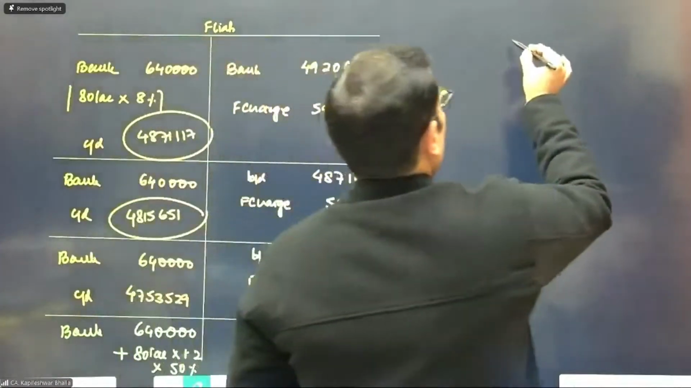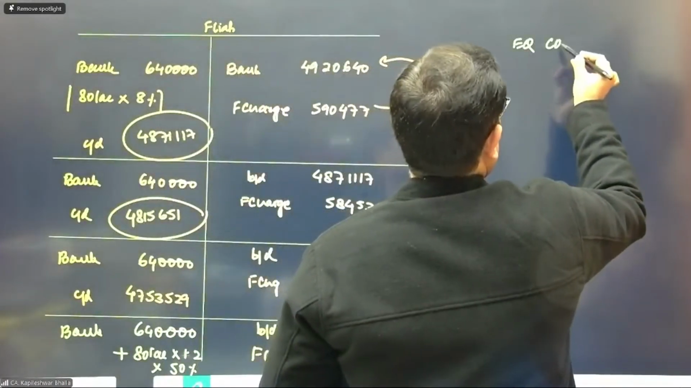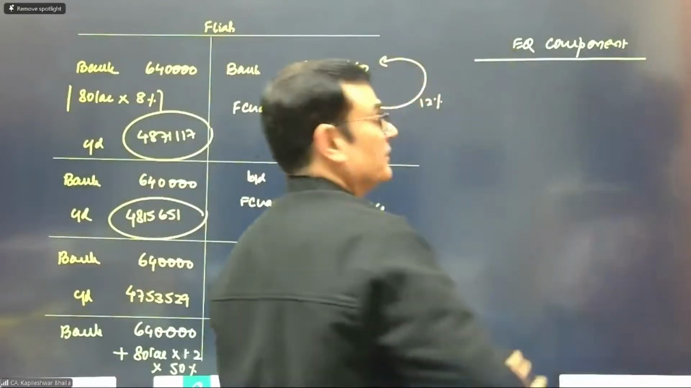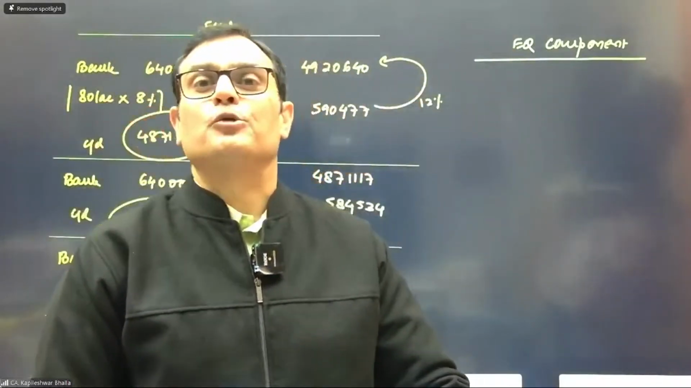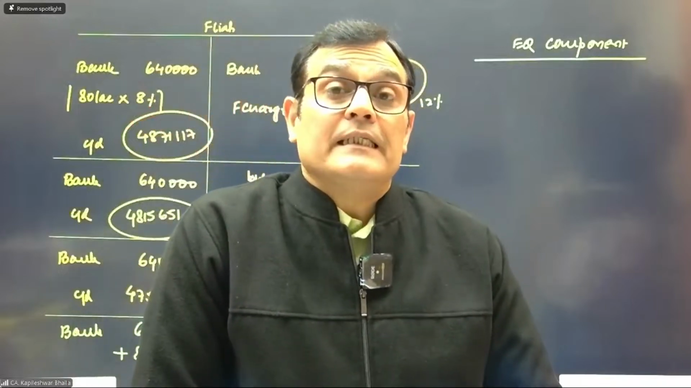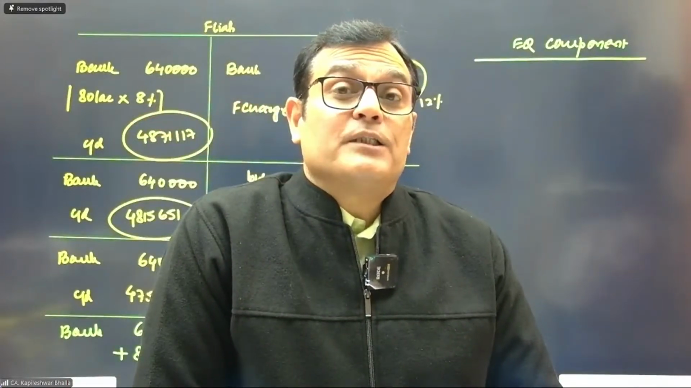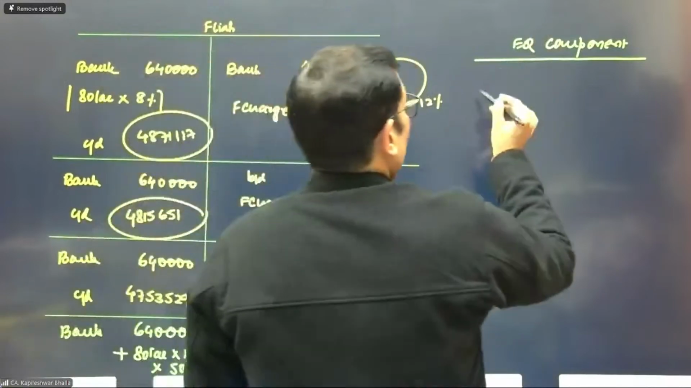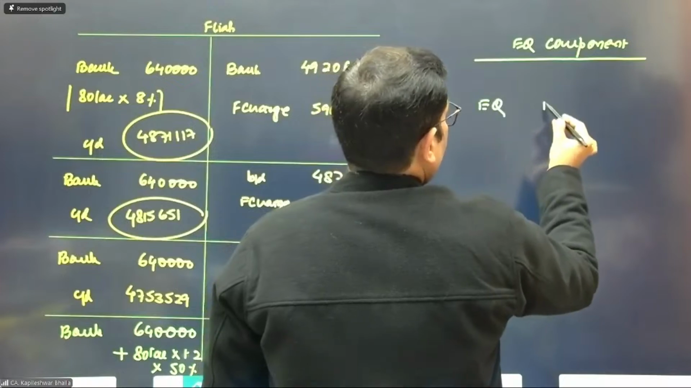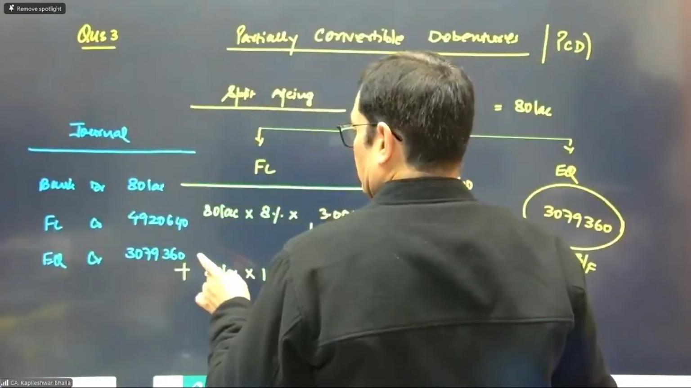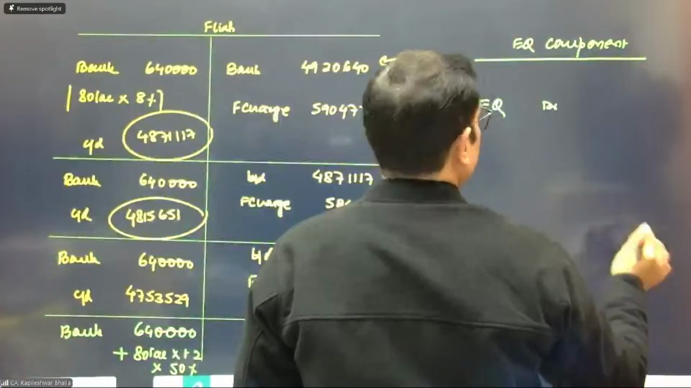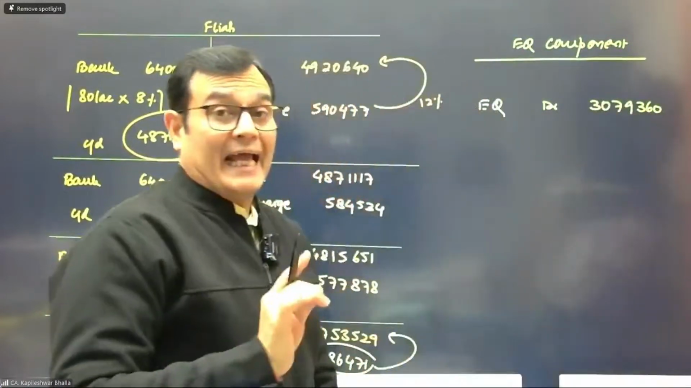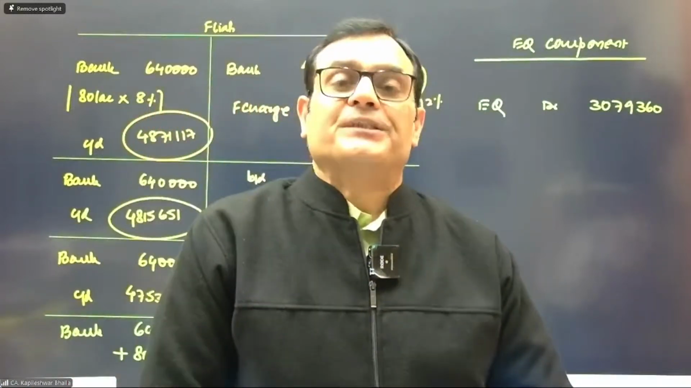So now let's see how the accounting for the equity component will be done. How the accounting for the equity component is going to be done. Now watch this carefully. Interesting to watch. Can I say the equity component is going to be used to allot shares? So in this particular case, what was the equity component which is there in my books of accounts? That was 3079360. Now at the end of the fourth year,